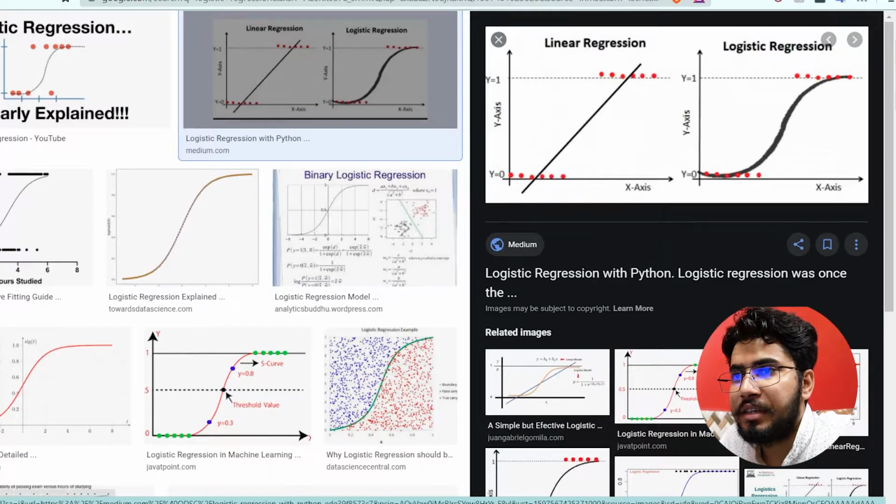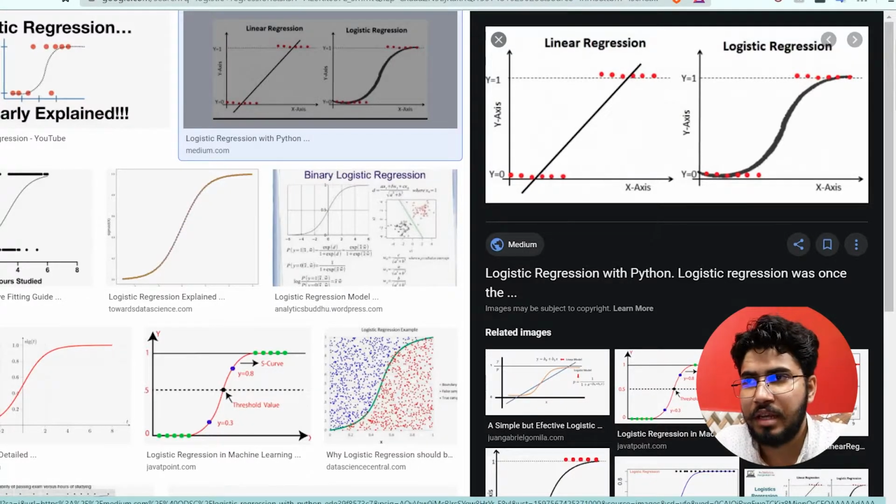In regression, you can create many kinds of outputs, like we did in the house price prediction, in which you can predict the prices of the houses. You can predict that the price of that house is 20 lakhs or the price of that house is 80 lakhs. There is no limit, and there are literally an infinite number of possibilities.